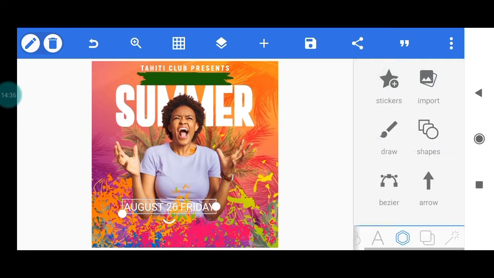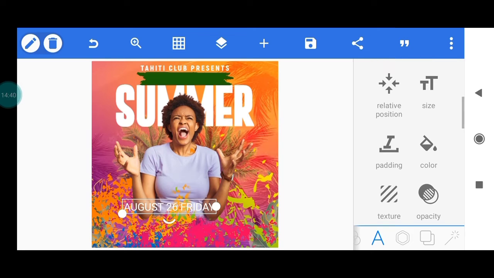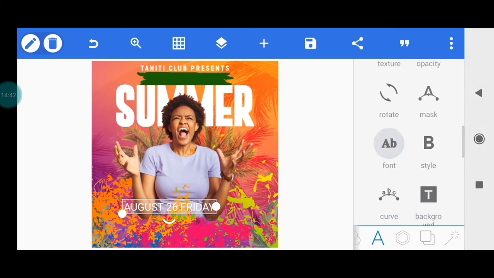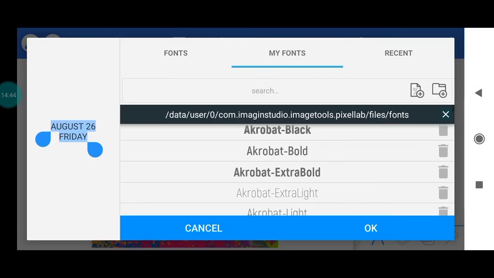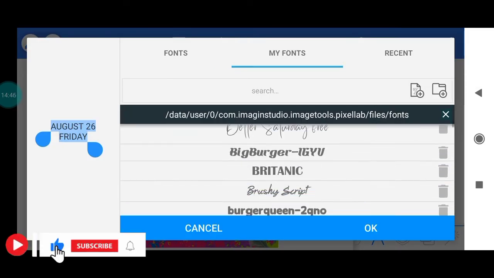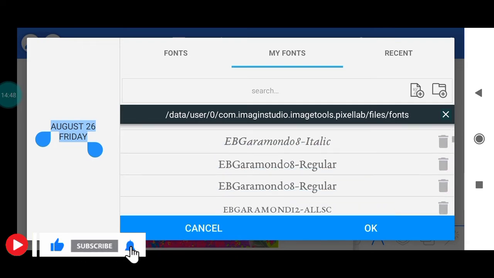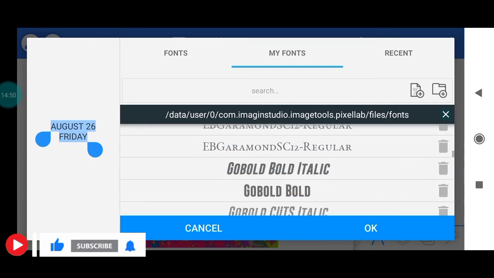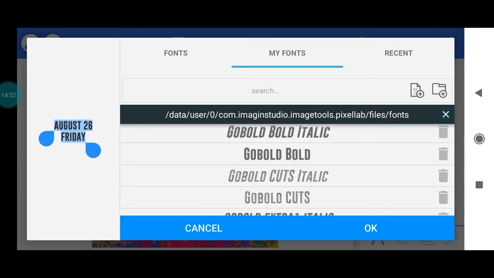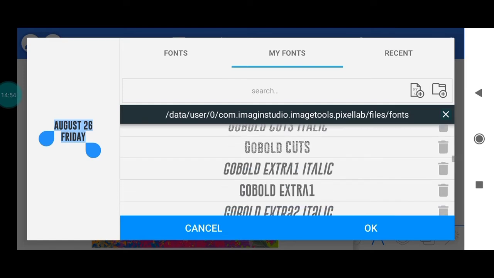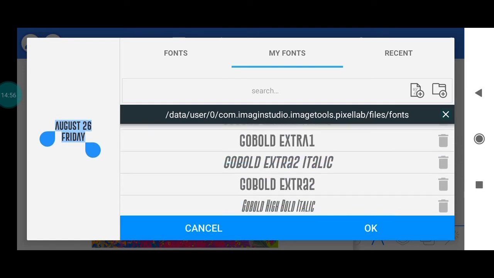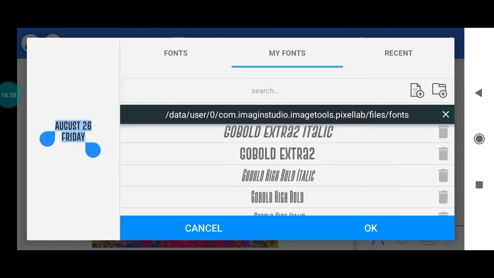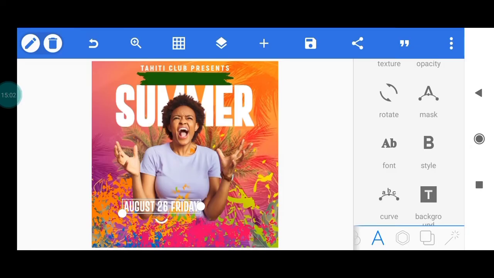So I want to select this text and then head on to font, and I'll change the font for this text to a font that I install. So I'll just locate this font and I'll use this Go Bold Extra 2, and I click OK. So I drag this up